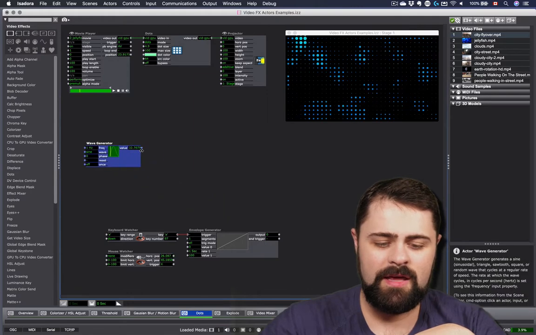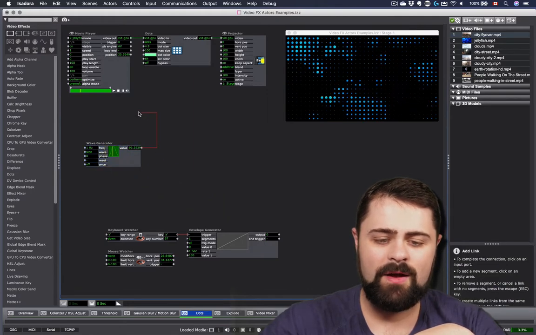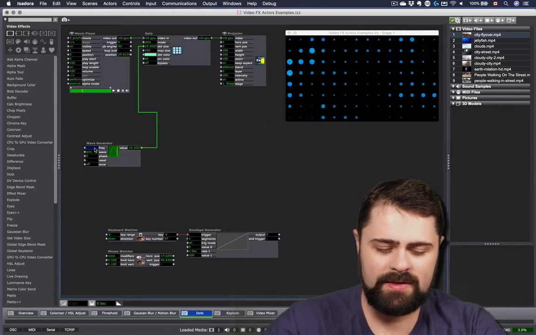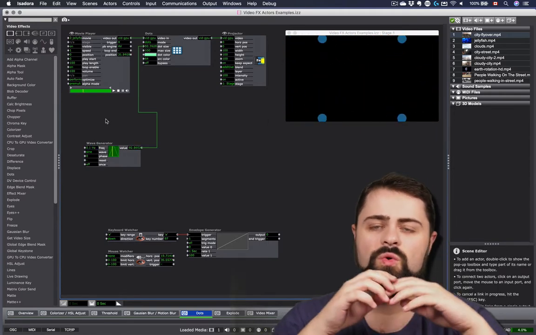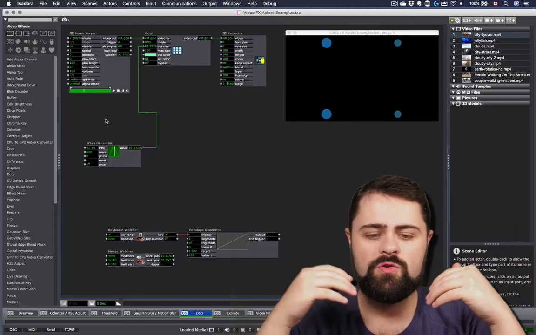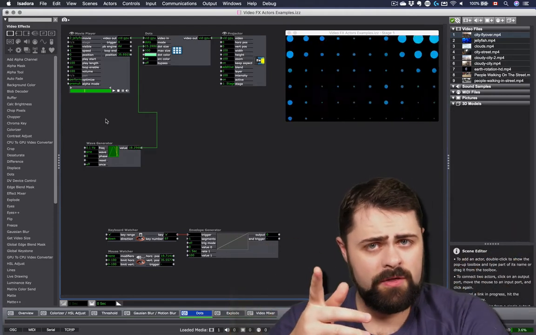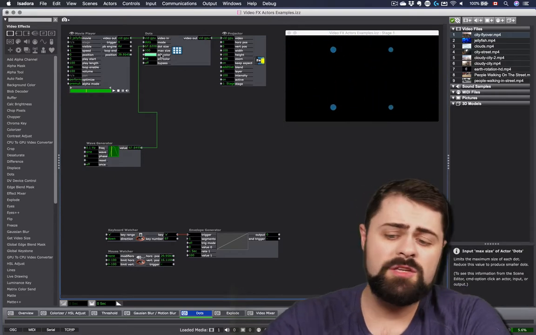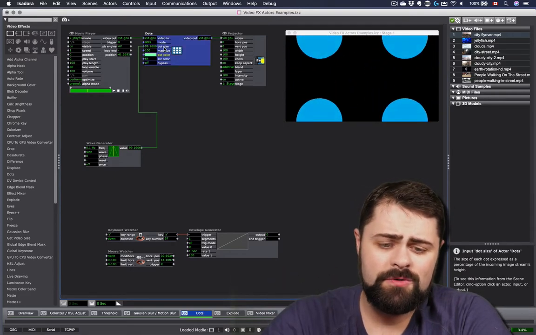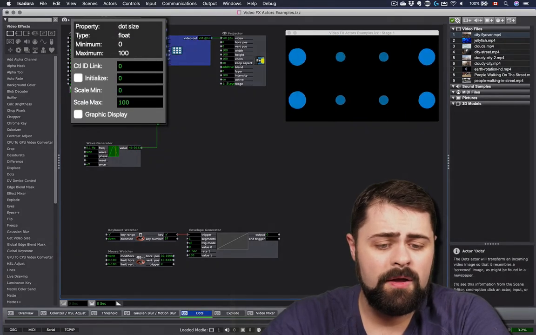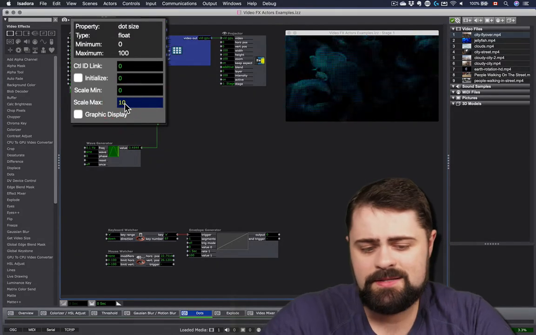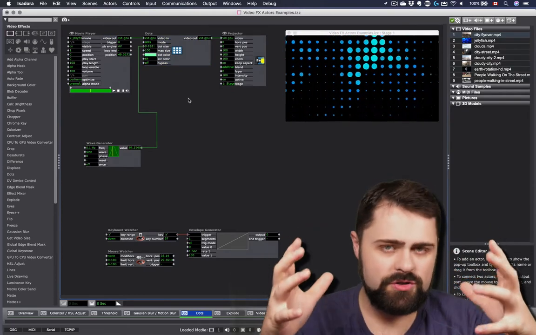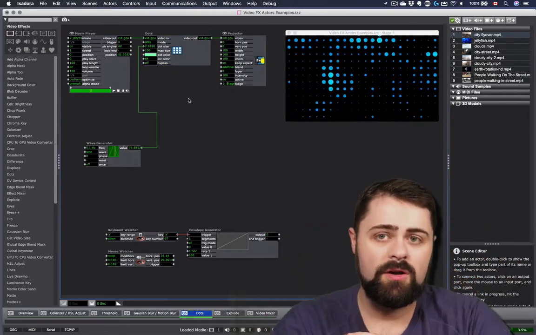In particular, even just doing something as simple as connecting that wave generator, as we did before, to the dot size and slowing it down allows us to really simply oscillate between the extremes. This is another area where we will want to keep our value scaling in mind again, because perhaps I don't want the dots to get this large. So I'll simply click on the actor property and say that the maximum dot size is perhaps 10 here. And that way we get something that's a little bit more constrained when we're using the wave generator in this way.